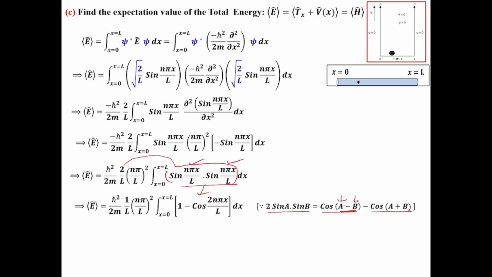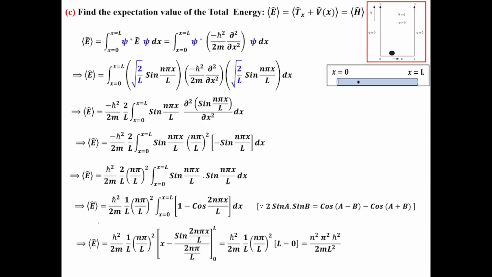So this value will be how much? Cos 0, and cos 0 is nothing but 1. So the first term we got is 1, minus cos of A plus B. Cos of A plus B means it will be 2 into n pi x by L. So cos 2 n pi x by L dx. Got it? Very good. Next, that implies the expectation value of the total energy will be equal to h cross square